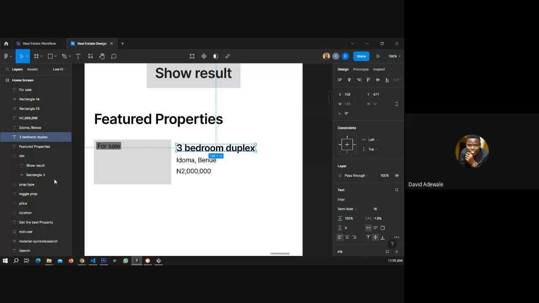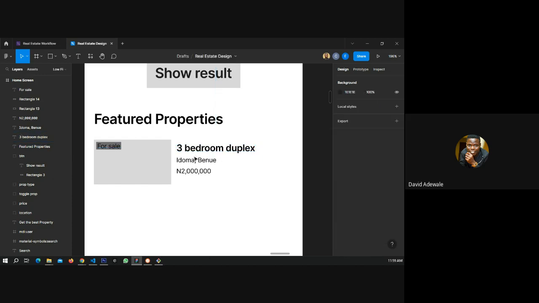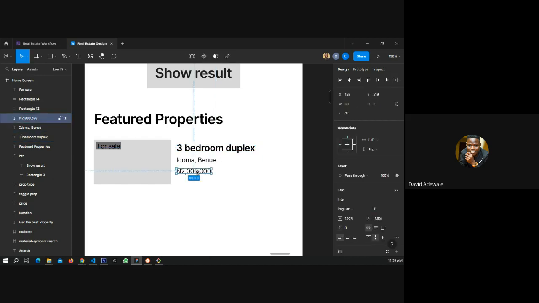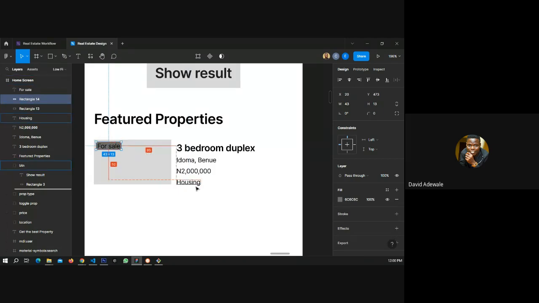Since it's a landed property, we need housing, 3-bedroom flat, and then we need to show that it is under housing. So since it's under housing, when you click on it, users will want to click on it, and when they click on it, it's gone like that. We don't really need to disturb ourselves that much. So it's under housing.